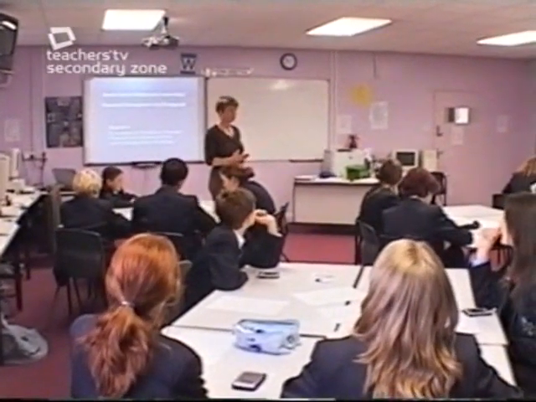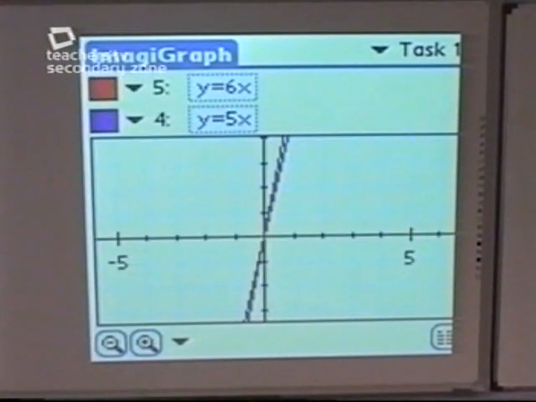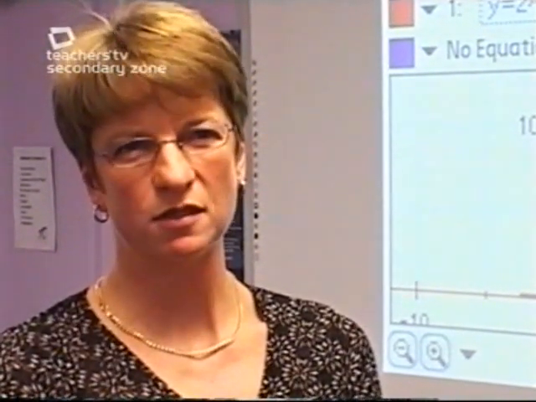in the classroom. Once you have input an equation, it will then plot the graph of that equation. The main activity was to investigate the effect of changing variables and constants in equations and seeing what the graphs would look like. Yes, Josh?